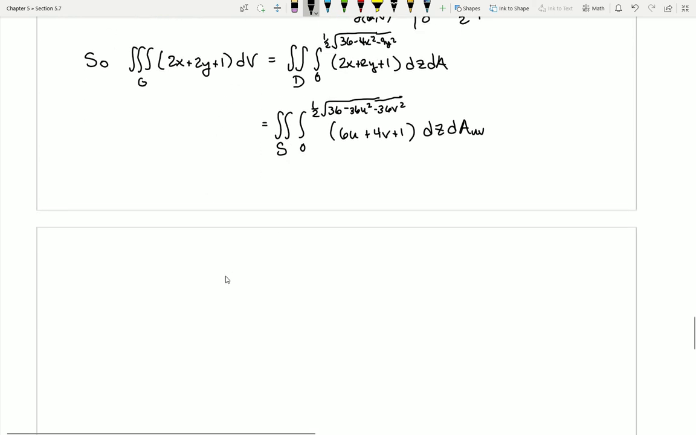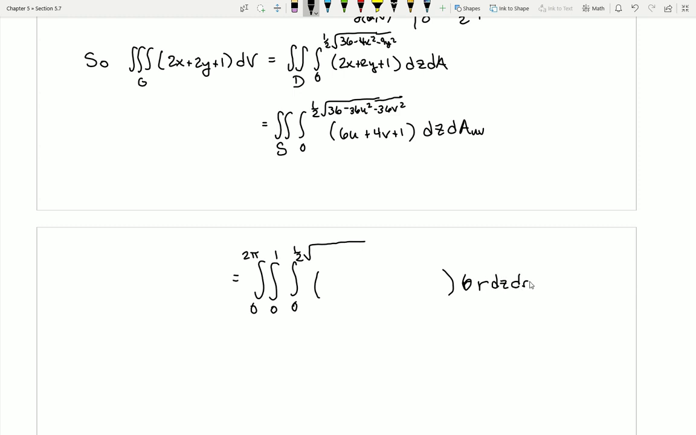So jumping to the final page, I can see here that if I change this integral to go from 0 to 1 and 0 to 2 pi, I can keep the inner integral the same, except I'll have to adjust my upper bound slightly. I'll leave that blank for the moment. I'm going to have to adjust my integrand, and then I know I'm going to have a 6 from my Jacobian, and then an r dz dr d theta, because I have that r from the r dr d theta when I substitute. Now, my upper bound here is also going to have to change,